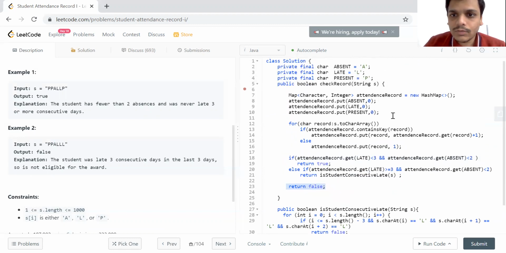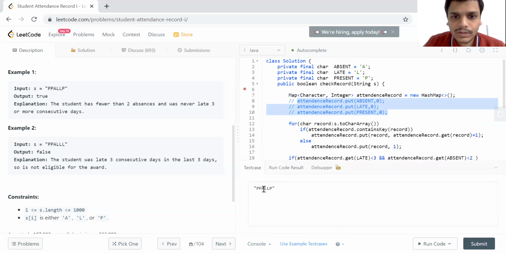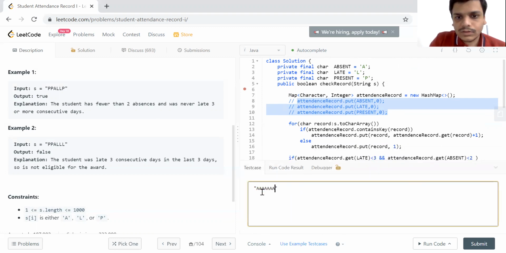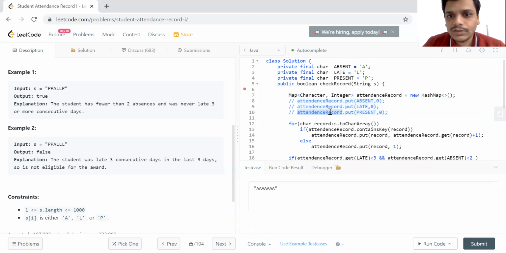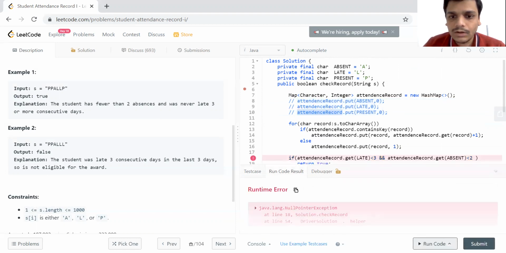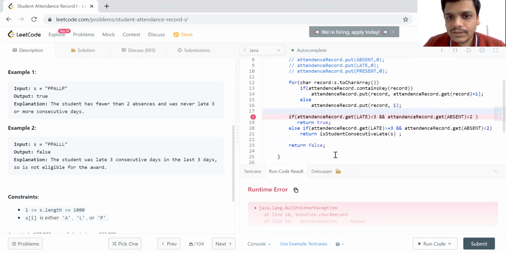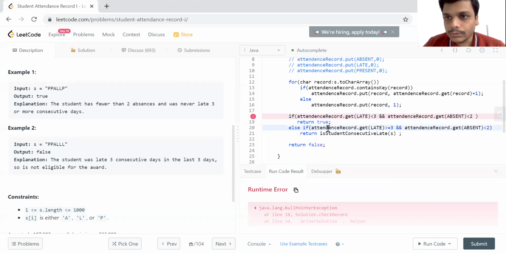One more thing I wanted to highlight is what happens when I don't initialize this map with 0 counts. For example, if I replace the string with a set of A's, it will give us a null pointer exception in Java because L and P are not present, and that's the condition we are looking for.